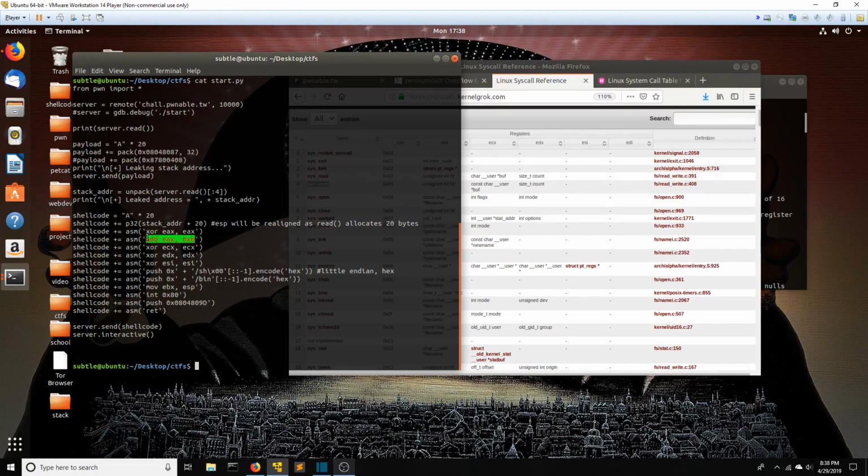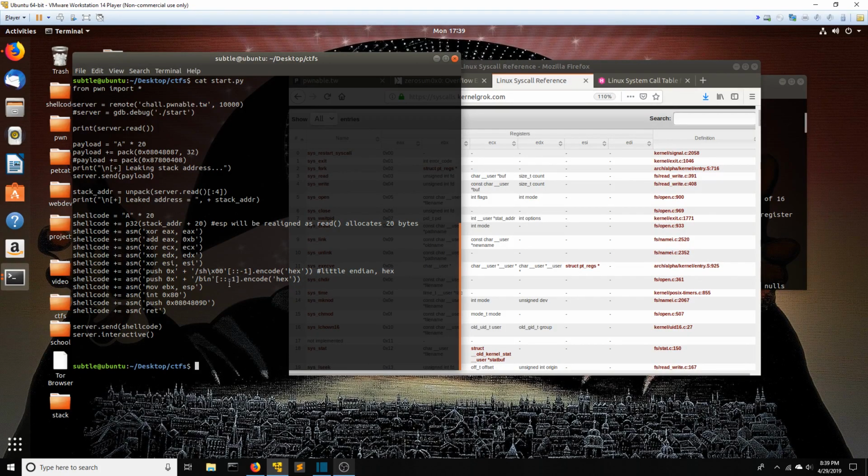I'm not really going to go over it. I think with my other assembly videos as well as these tables, you guys can figure out how it works. Basically, we don't need any arguments to pass to bin sh. All we need to do is put bin sh on the stack. Remember, you push everything in reverse order. So you have to push sh first, and then you have to push /bin, and then you null terminate it,